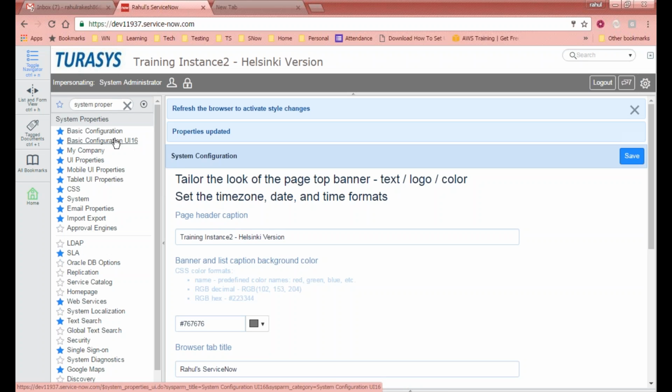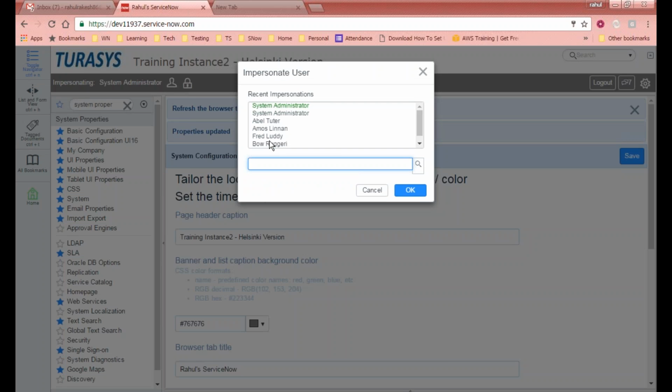Now, we talked about UI 16, UI 14, UI 15. These are UI terminologies that we have seen either on the wiki or in other areas, or sometimes when I impersonate another user, I see a different UI than this. For example, if I go to